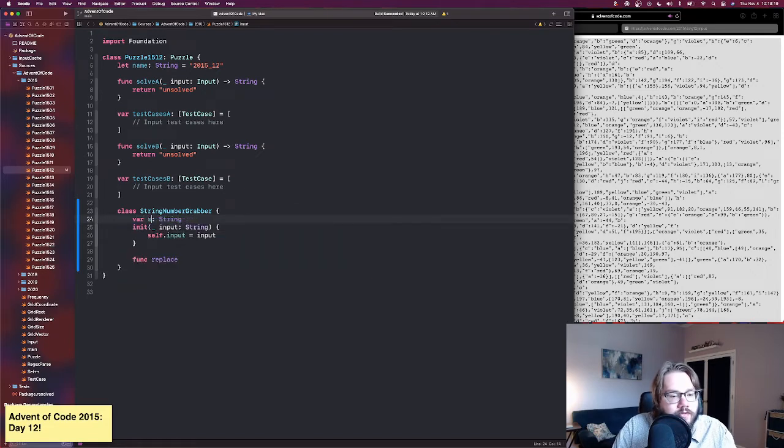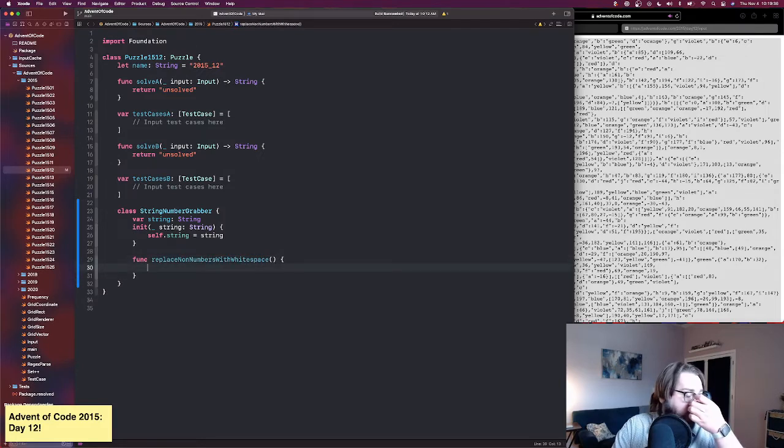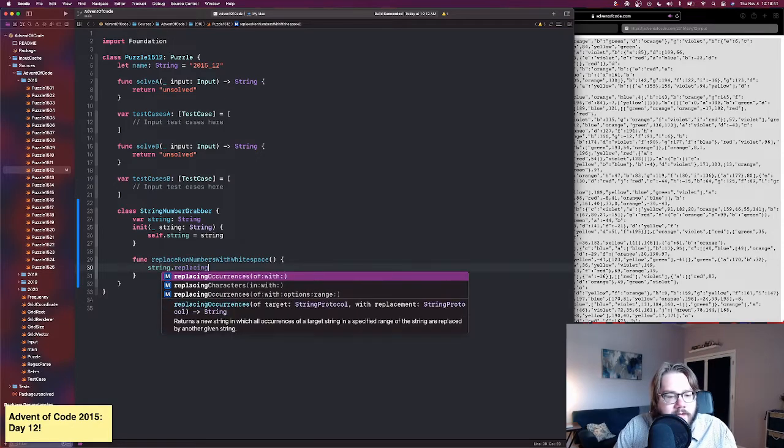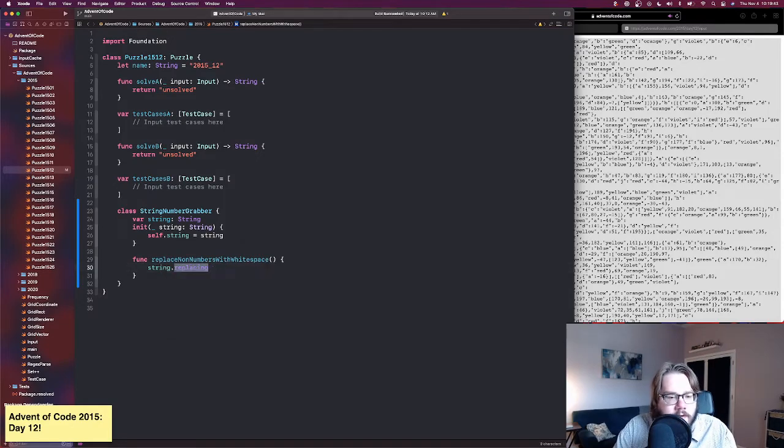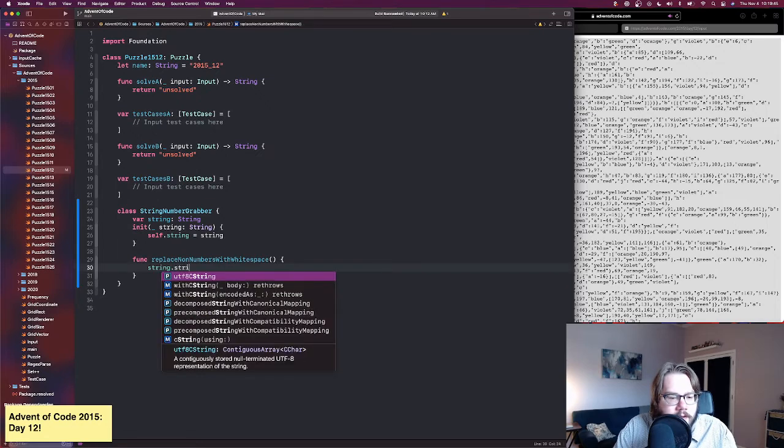I'm going to make this a string. I'm just going to call it string. And then I'm going to manipulate the string directly. So we're going to do replace non-numbers with white space. Okay. And so this is going to take the string equals string dot replacing occurrences of, no, dot stripping,